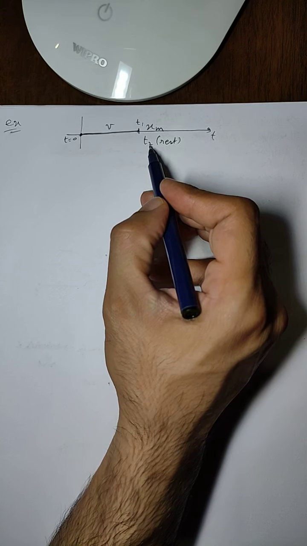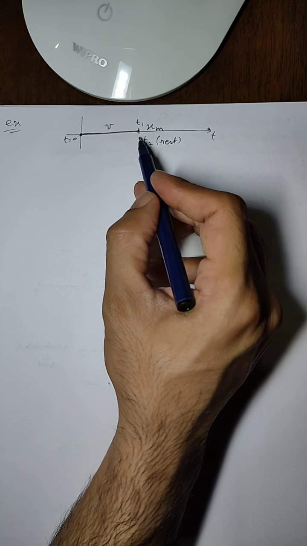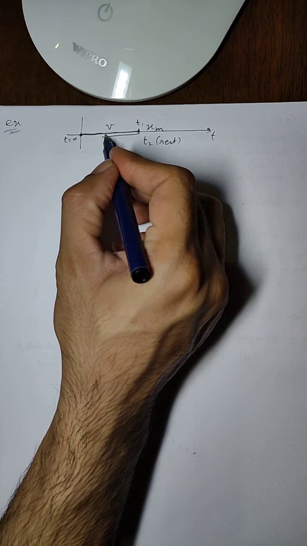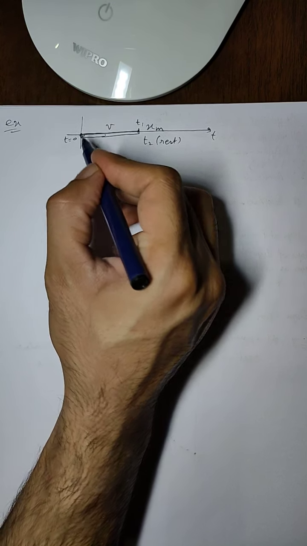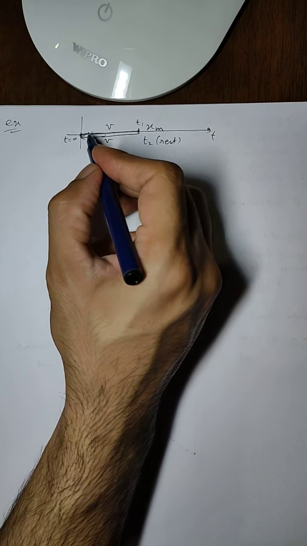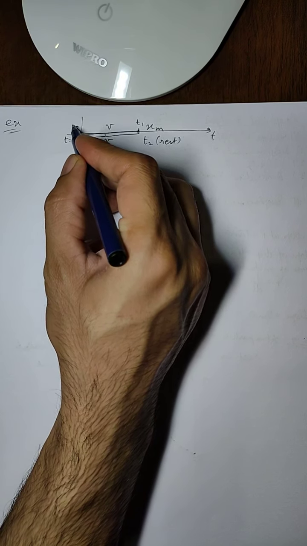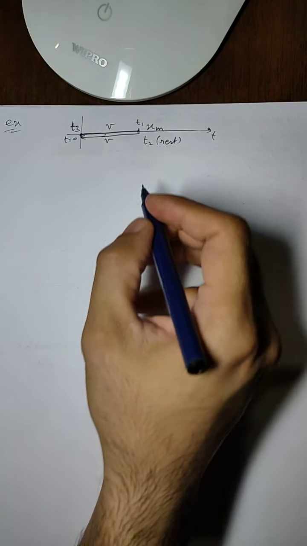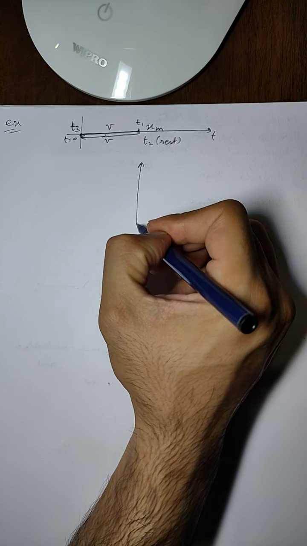Then for t2 duration, the particle is at rest, and after t2 duration the particle again started going back towards the starting position with the same velocity, and it reaches the starting position, let us say at t3. Now if we have to make the position time graph of this particular case,